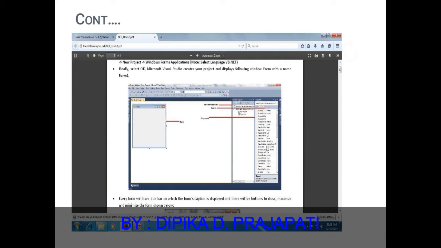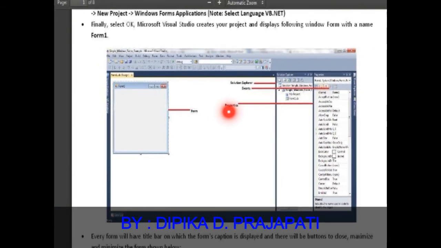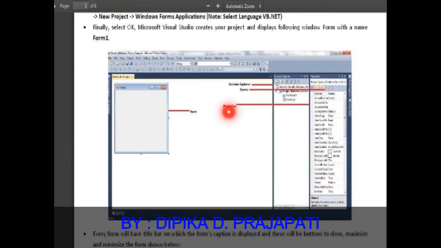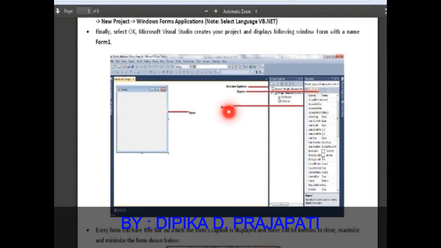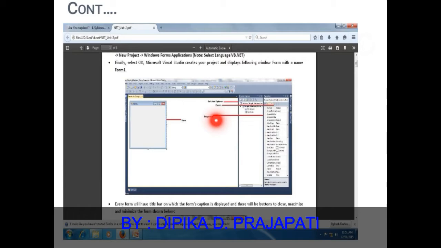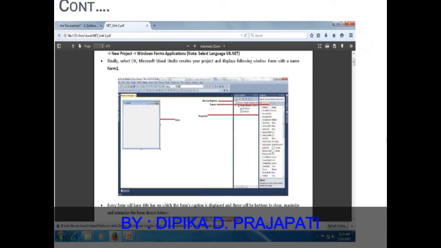Dear all, see, this type of form shows on our desktop screen. So this form is created by Microsoft Visual Studio. So how do you open Microsoft Visual Studio? First of all, double click on Microsoft Visual Studio in the software.